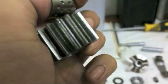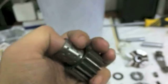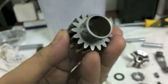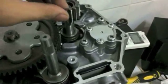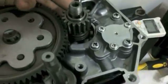And this gear, just make sure that the gears don't have any abnormal wear. This one is still obviously in good shape. It's a very new gear from a very new cub. And what you do, you put the collar inside. You can put a drop of oil in there if you want. And what you're going to do is put it on the crankshaft. Usually the collar is going to actually fall down first. If it doesn't mesh with the...